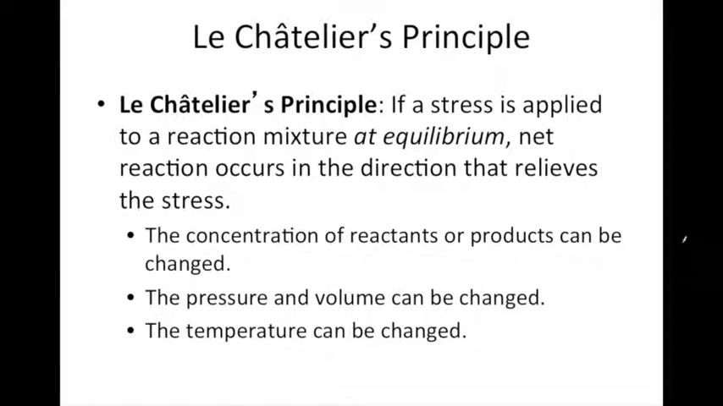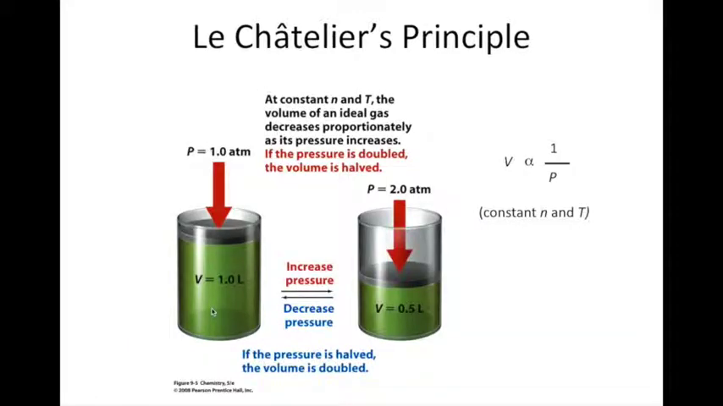Now we know that we can disturb an equilibrium three major ways. We can change the concentrations of the reactants or products. We can change the pressure and therefore affect the volume, or we can change the temperature. In this video, we're going to look at the relationship between changing the pressure and volume and how that affects our equilibrium. So just briefly, if we remember our gas law, we know that if we have, say, a reaction mixture